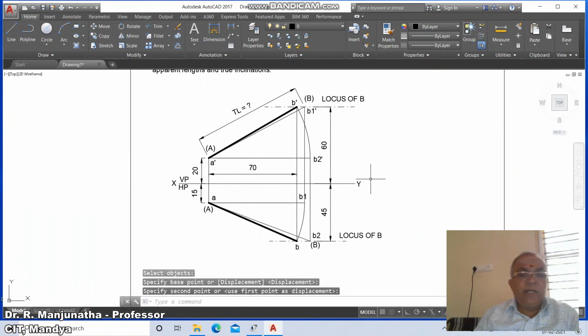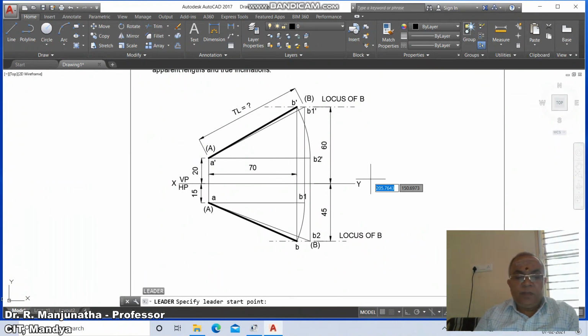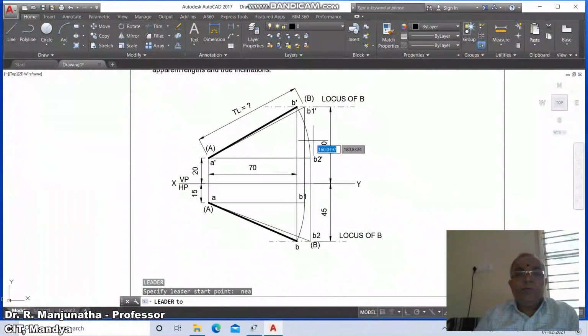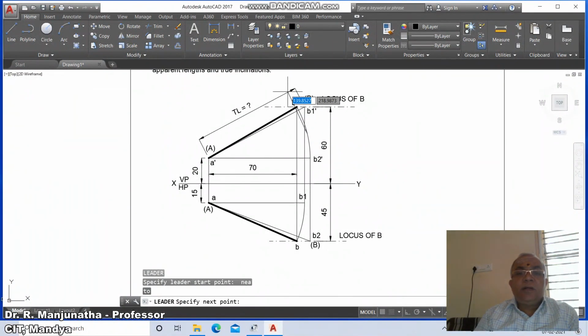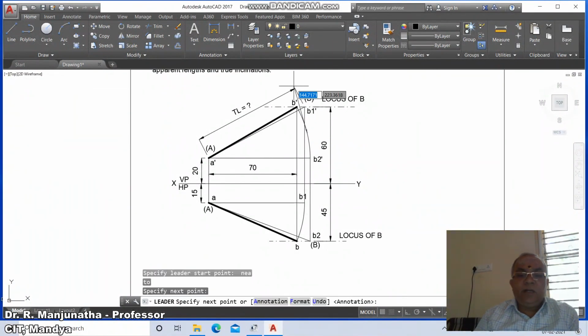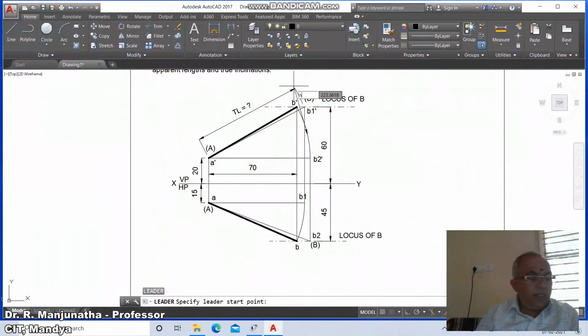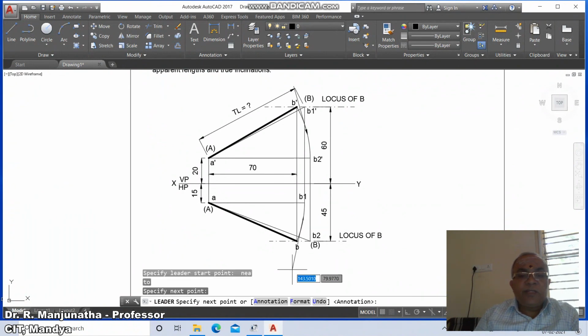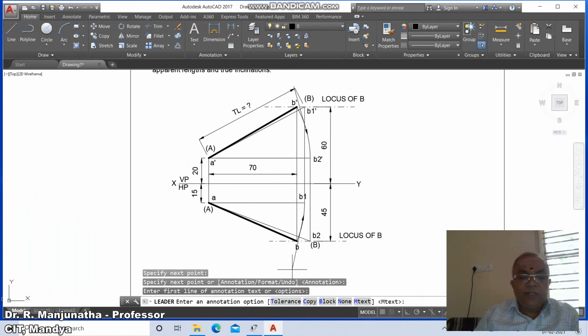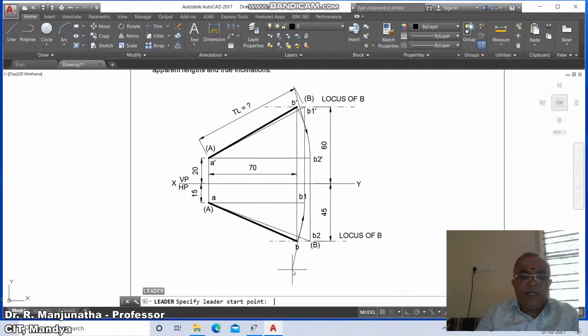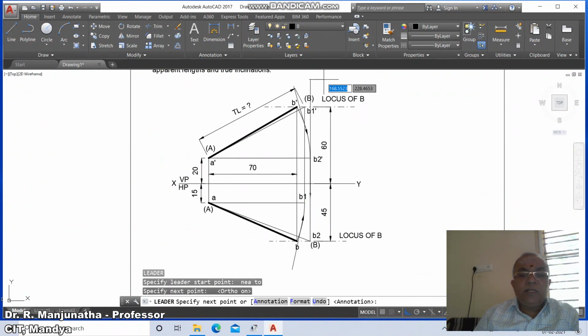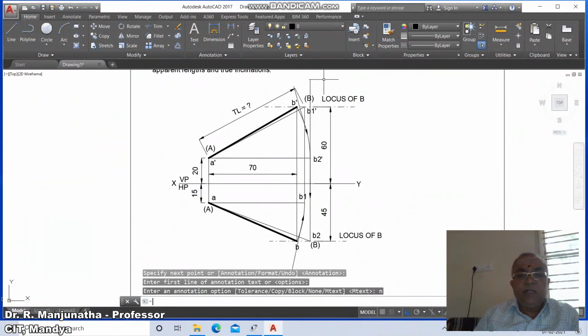Then go to leader, nearest point on this and draw the tangential annotation options none. Similarly, leader nearest on this, draw tangential, annotation options none. Similarly, leader nearest on this, and you just click the ortho mode on and drag it, annotation options none.